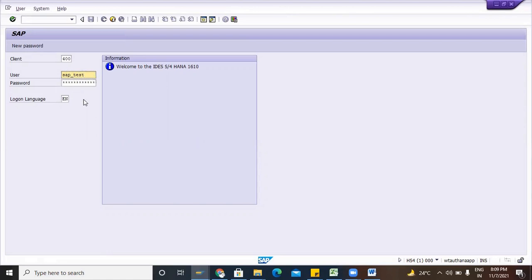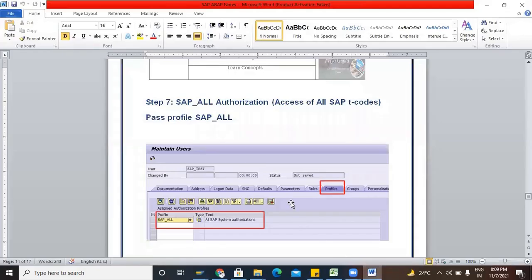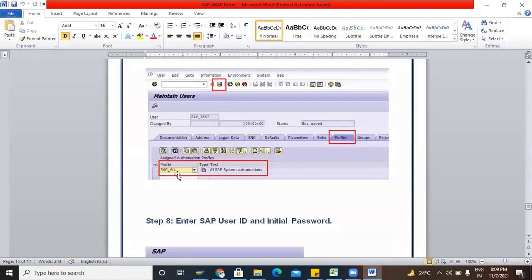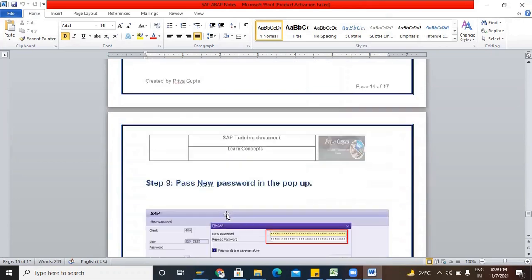SAP_test, initial password, enter. Then it will ask you for a new password. Save. Here you can pass your profile SAP_ALL. Then enter the SAP user ID and initial password.